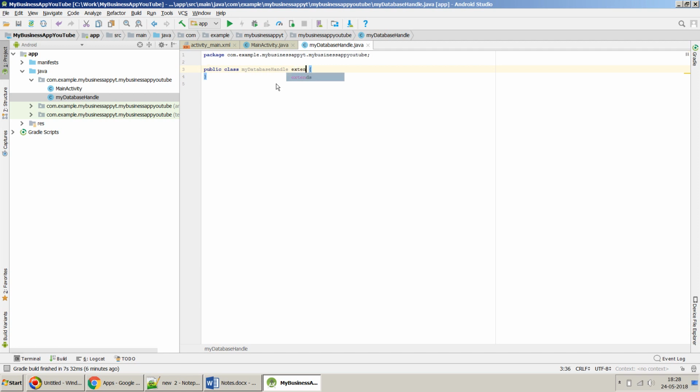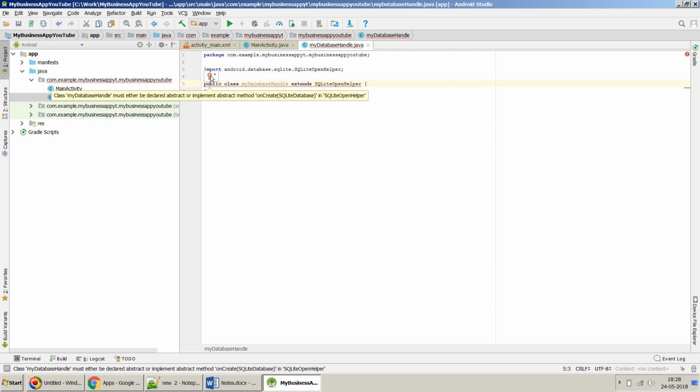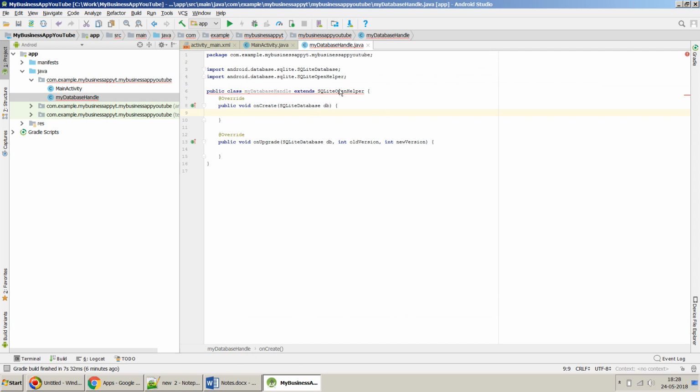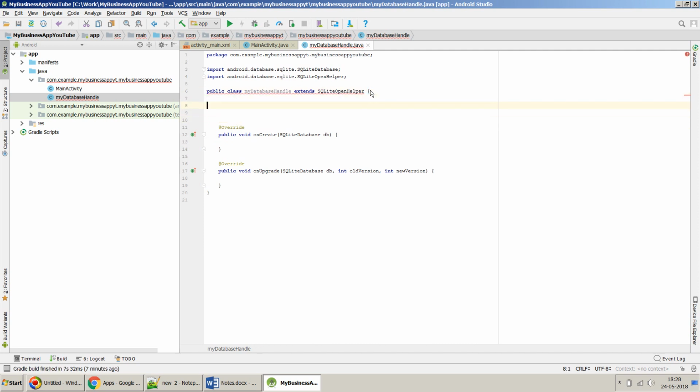It's really important. So this class will extend SQLiteOpenHelper. The moment you extend this, it will give this red error, something like this. Just go to this red hint, see what it says, and it will suggest what to do, like how to fix this. It's basically saying to implement a few methods, like onCreate and onUpgrade, because those are the basic ones needed by this database. Okay, so once we have done it, now what else we can do is define the constructor